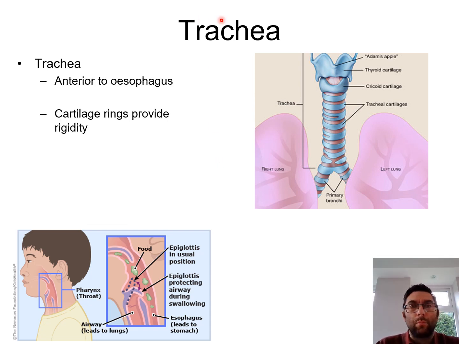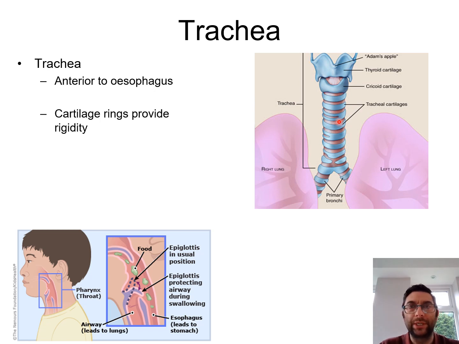Okay, moving on from the pharynx, we have the trachea, and this sits anterior to the esophagus. Sometimes you'll see esophagus spelt with an O at the beginning, sometimes you'll just see it spelled with an E, depending on UK or American textbooks. But the trachea is this long structure here, and it's made up of around 15 to 20